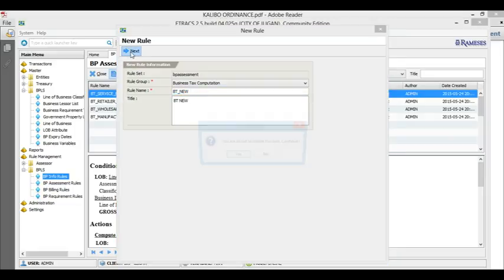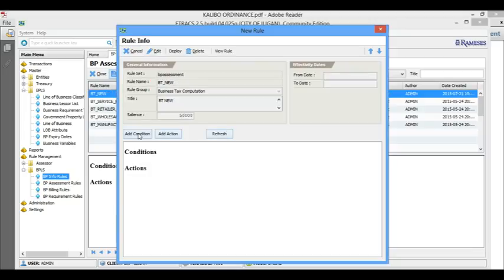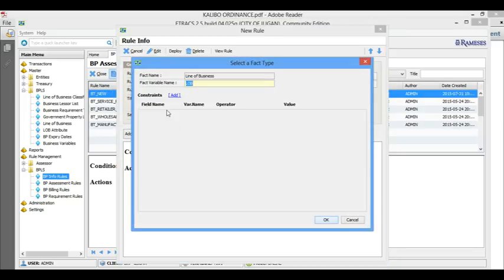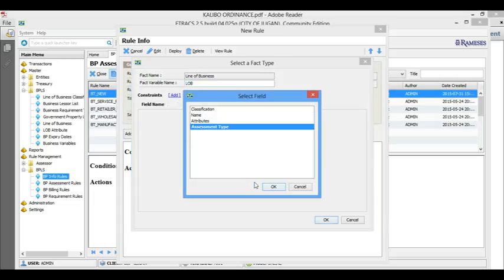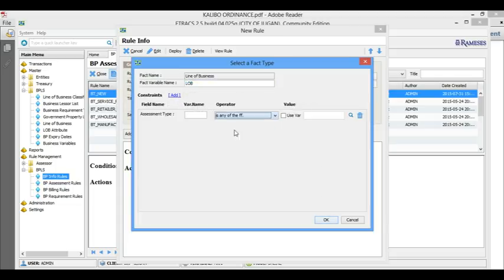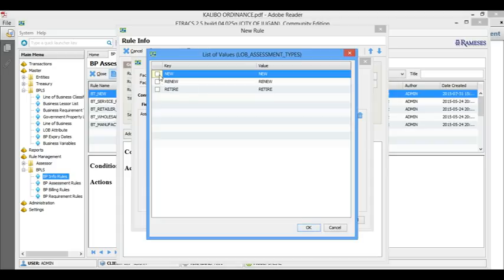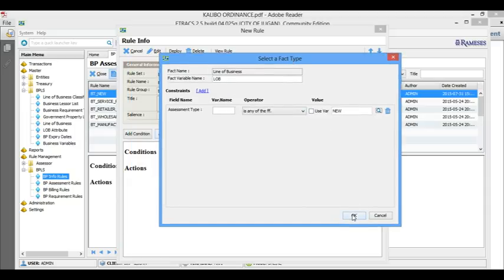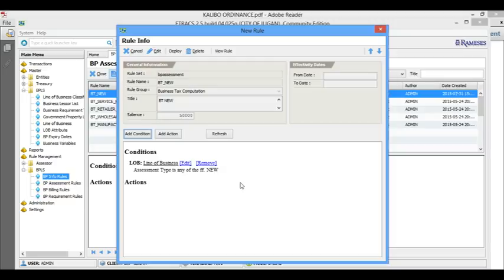Okay, so click next. So the first condition is line of business. The next, we'll add an assessment type, which is any of the following. It says here new. Okay, so this is applicable to new business. Okay, then we'll just add this. We'll also need the capital because we need the capital as the basis.